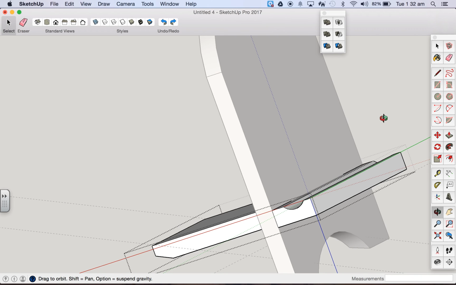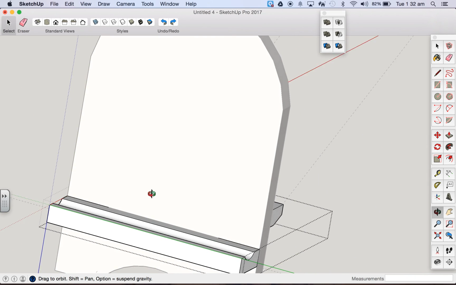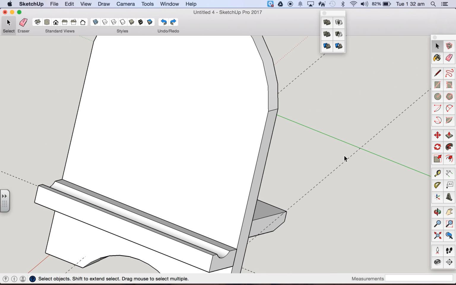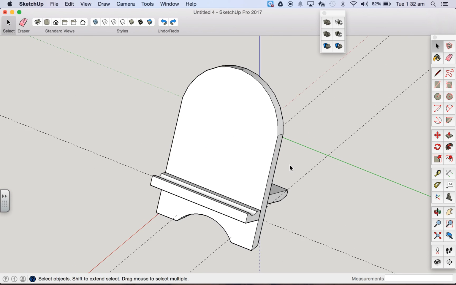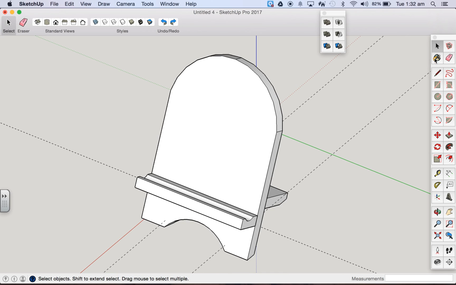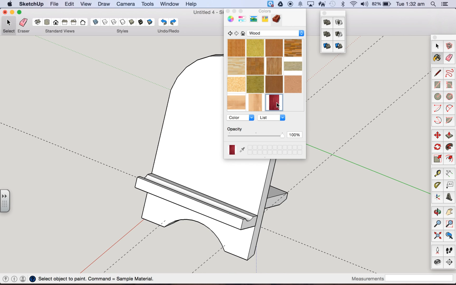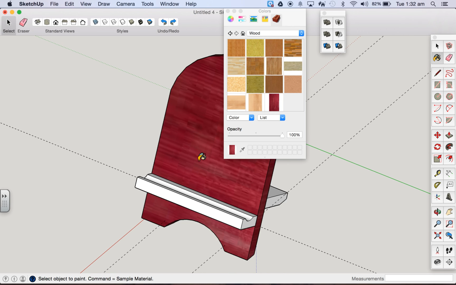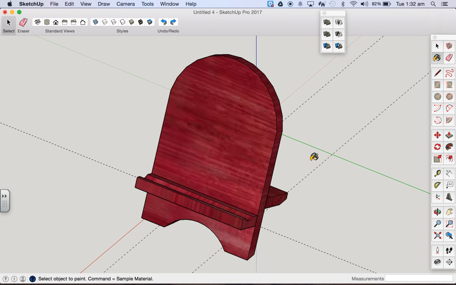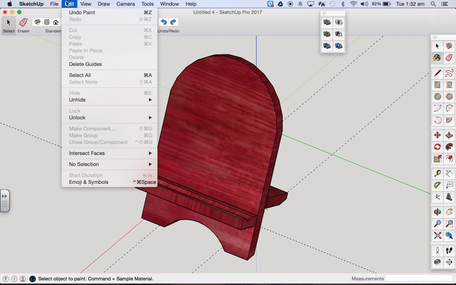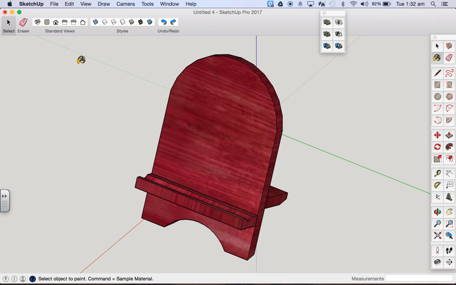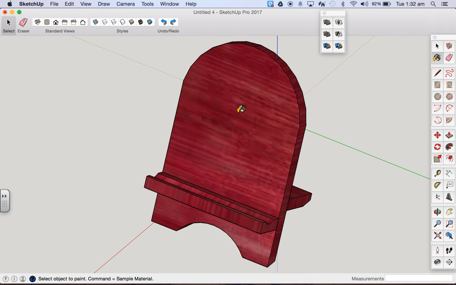All that's left to do now is to render that. Color it in using the right colored textures you want to use for wood. I'm going to choose the purple heart, I think. Color that in. Color that one in. And there we go. Finished. Don't need the guides anymore, so we can get rid of those. So just go edit, delete guides, zoom to extent,